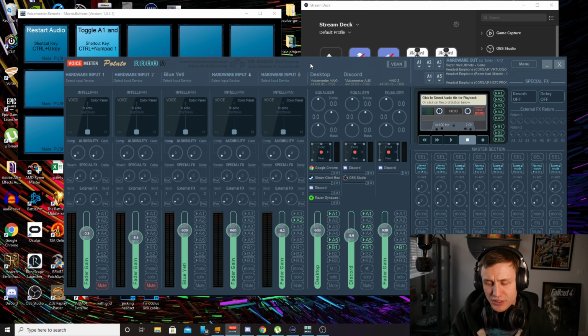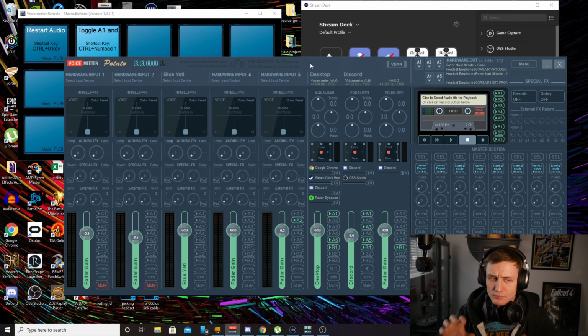which I find very useful, and that is, one, to restart the audio engine if you're having issues like your headset disconnects, reconnects, and then you can't hear any audio. If you want to just click a button and then this just restarts, you can do that. Again, we're also going to be tying this into the Stream Deck, but you don't necessarily need the Stream Deck